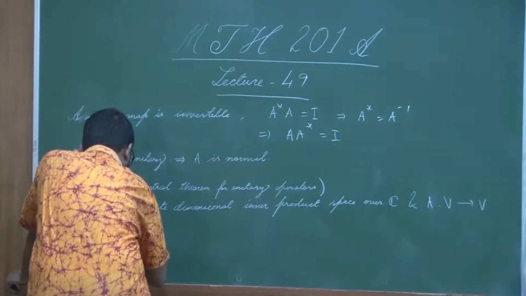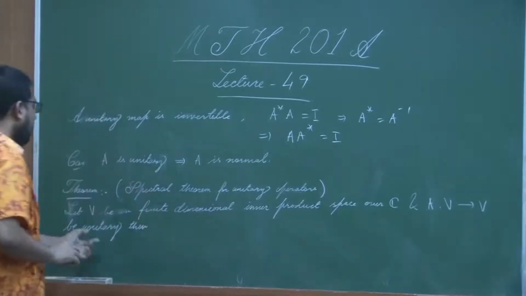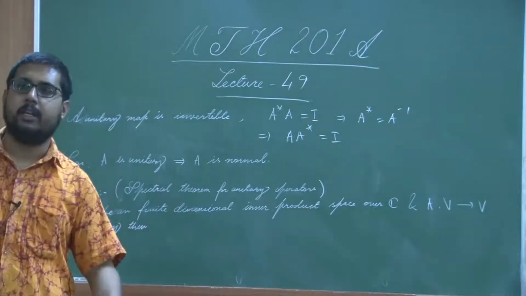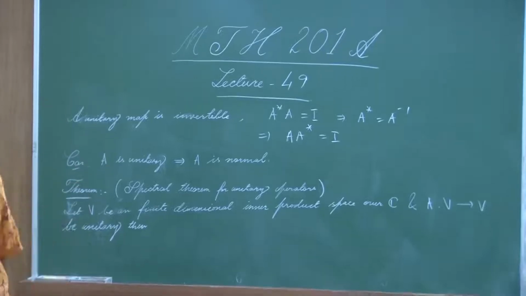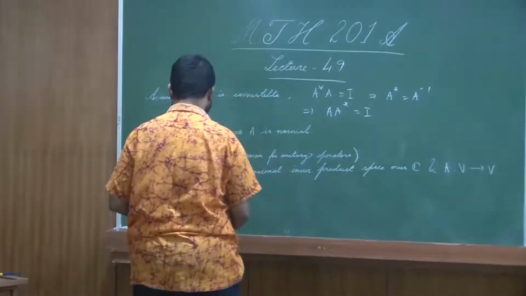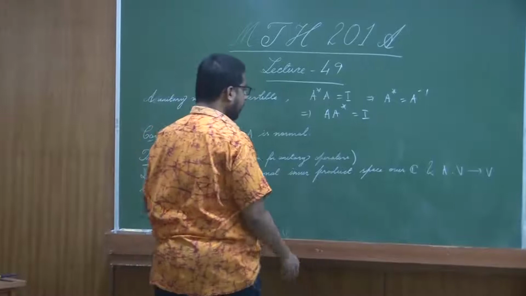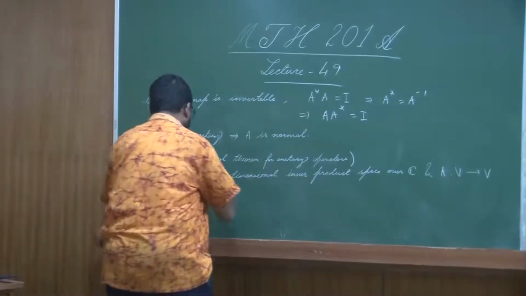Then remember, I would like to remind you that now the word unitary is reserved specifically for vector spaces over C, otherwise call it orthogonal. So, if A is unitary, then there exists